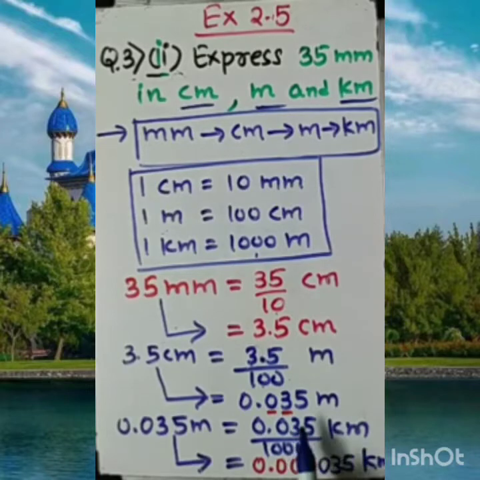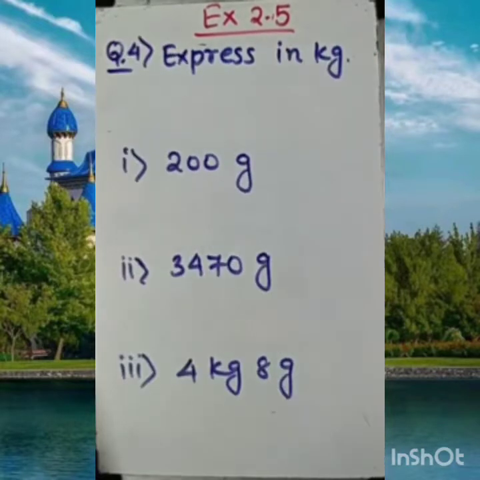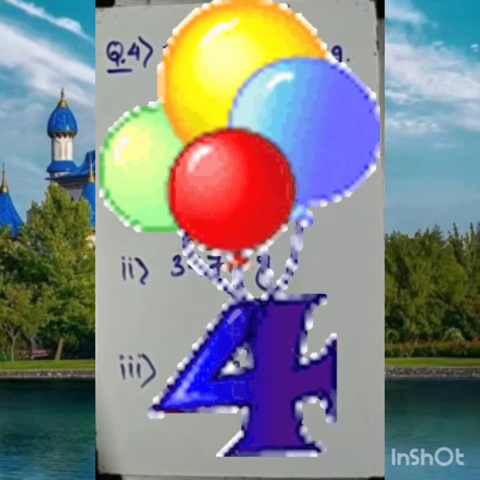And then if I divide the same with 1000 to convert from meter to kilometer, then 3 more digit we need to shift. So with the red marker I have mentioned 0.000, and here it is 035, that is already fixed. This is the complete solution of question number 3. It's the second part. I hope you understand it nicely. So let's begin question number 4.